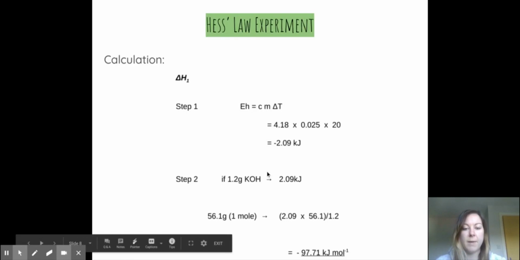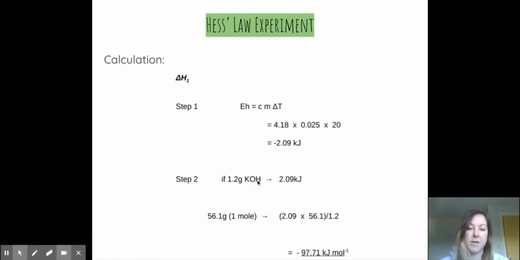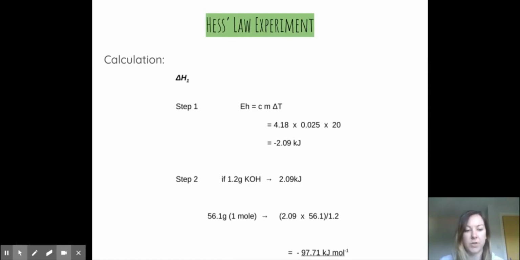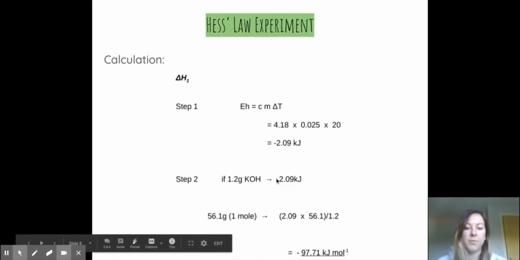So if we want to know what the enthalpy for that change is, we have to calculate it if 1 mole of potassium hydroxide was dissolved, because it's the energy released per mole we're looking for. So if we had 1.2 grams of potassium hydroxide dissolved, and that gave us an energy released value of 2.09 kilojoules, then 56.1 grams, that is the equivalent of 1 mole of potassium hydroxide, is going to be 56.1 multiplied